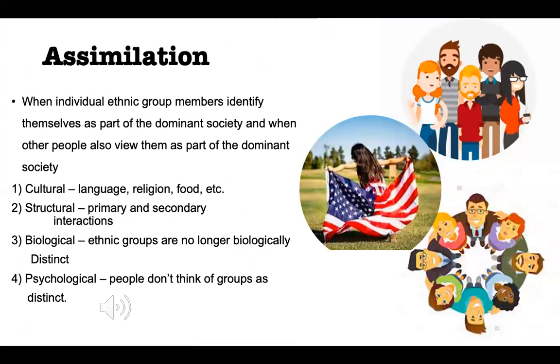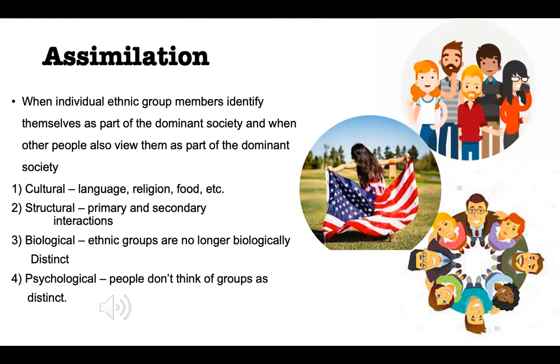Assimilation. This is when individuals of ethnic group members identify themselves as part of the dominant society, and when other people also view them as part of the dominant society. This has to do with their culture, as in language, religion, food; structural, and primary and secondary interactions; biological, as in ethnic groups are no longer biologically distinct, such as interracial marriages;